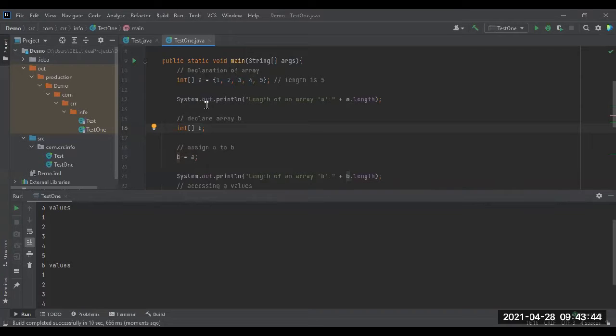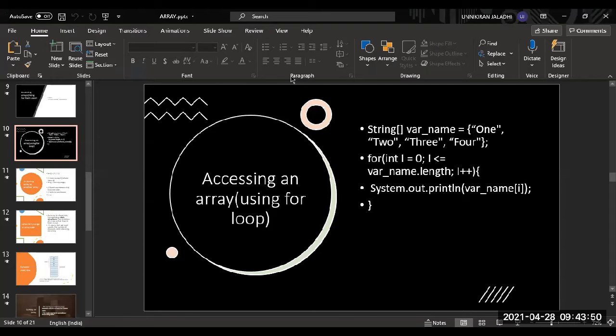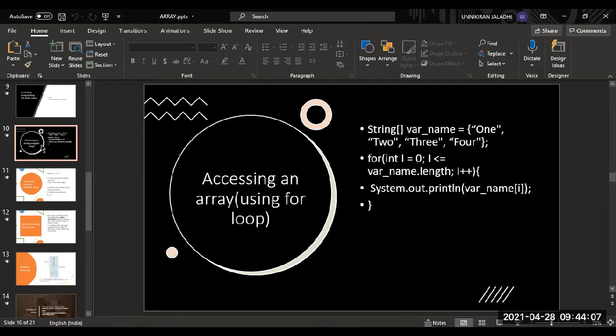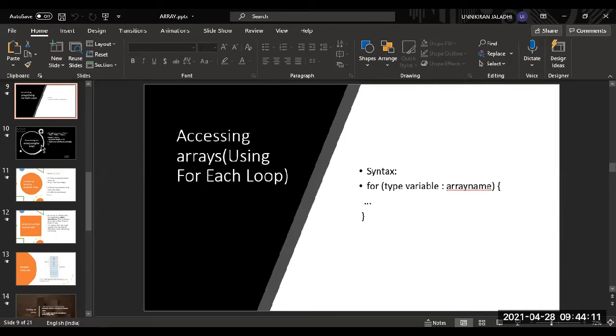Okay, let me share my PPT. Please make sure to concentrate on my voice because one more class is going on parallelly. Okay. First of all, assigning has been completed. There are two ways to access: one is a for-each loop and another one is a for loop. So for the individual elements, this is for every element inside an array.